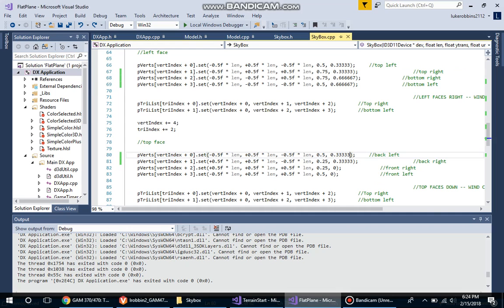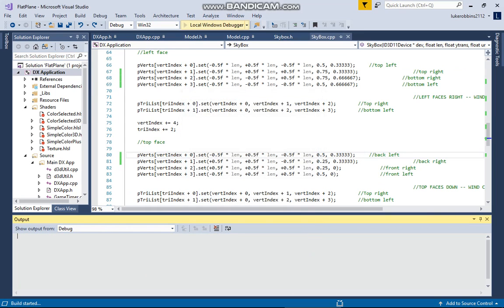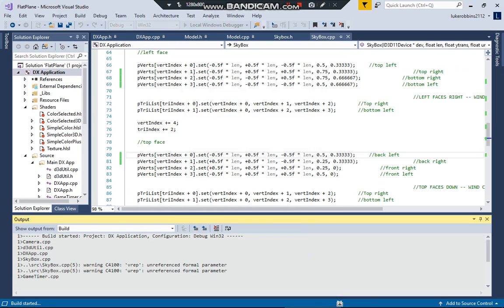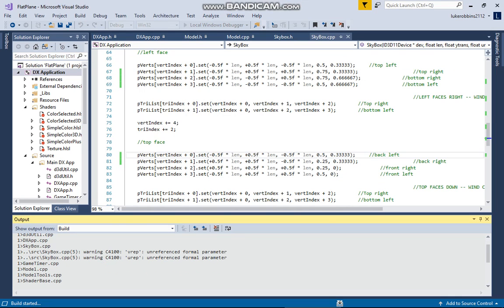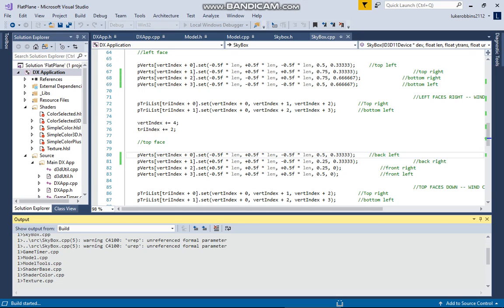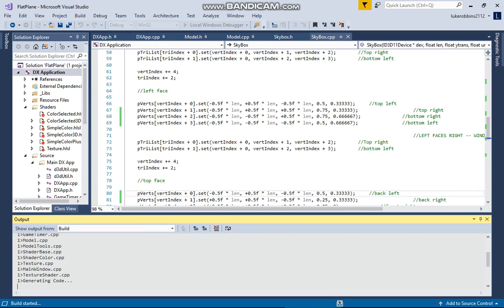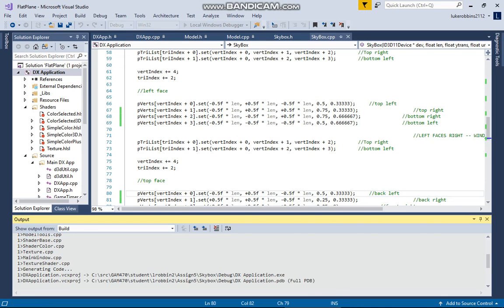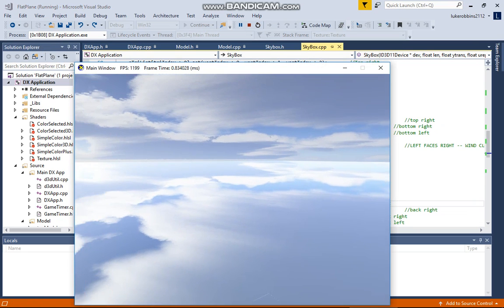But let's get through the demo here for the skybox. I just used a texture I found off the internet, and I seem to get that working pretty well. This took a bit of fiddling, as I said. I think it was the left face and the right face that seemed to be weirdly flipped, but again, I'll have to take a closer look at this. So here's the skybox,